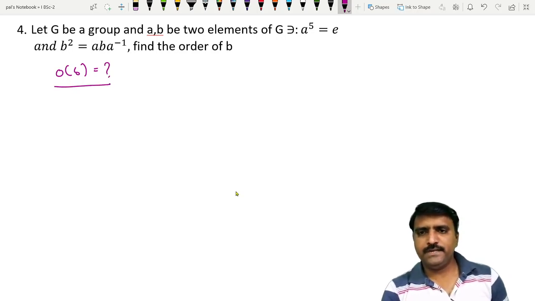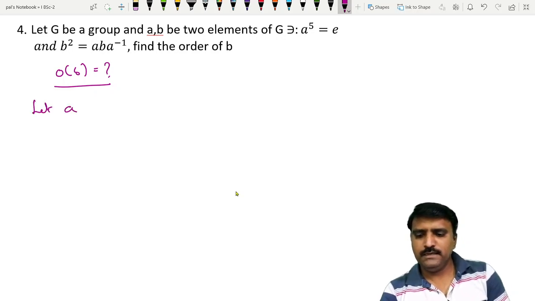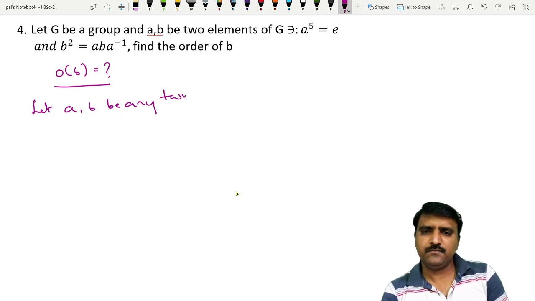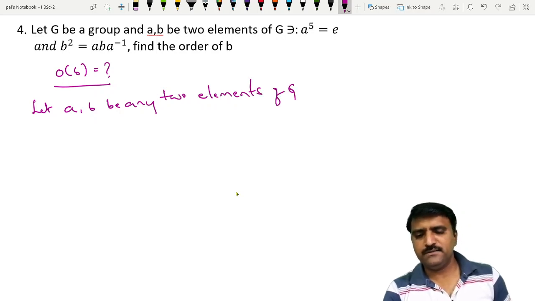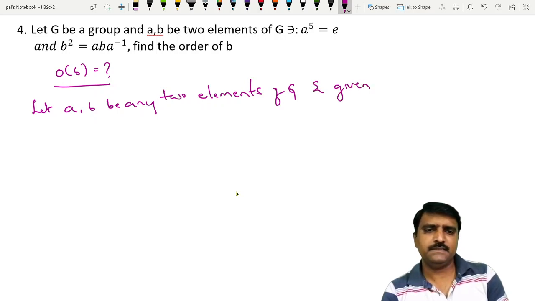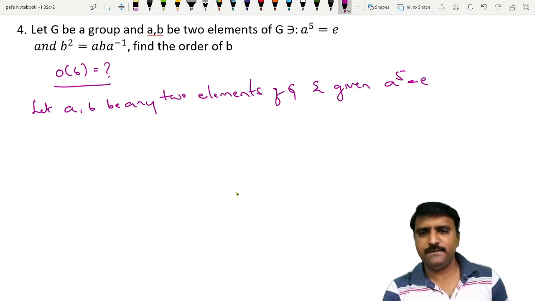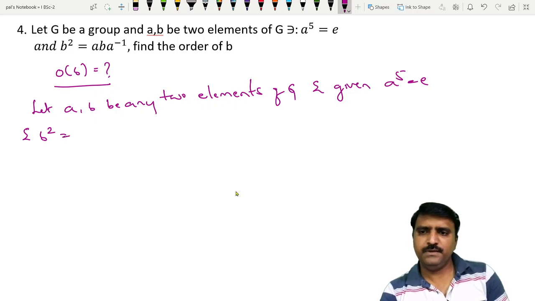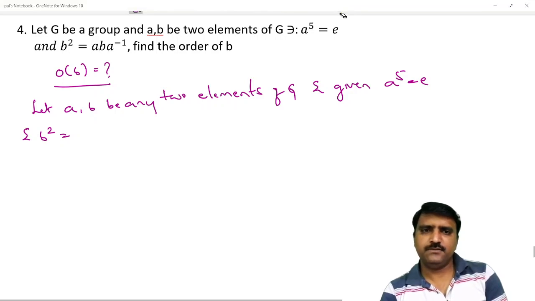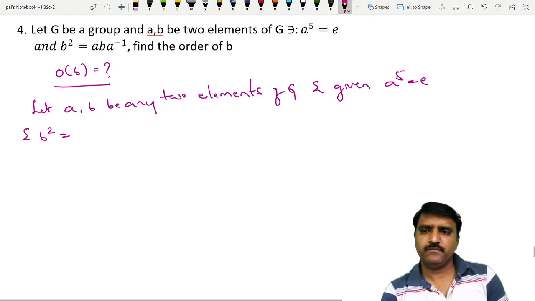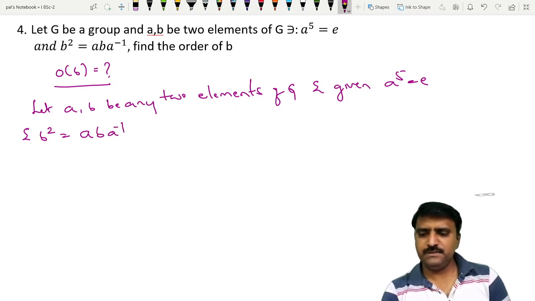So for that, now we take, let A and B be any two elements of G, given that A to the power of 5 is equal to E, and B square is equal to AB A inverse. So which implies that,